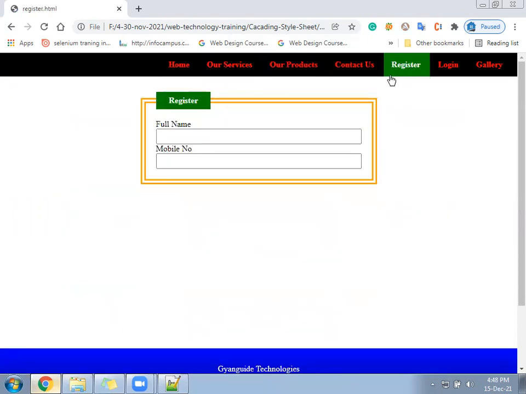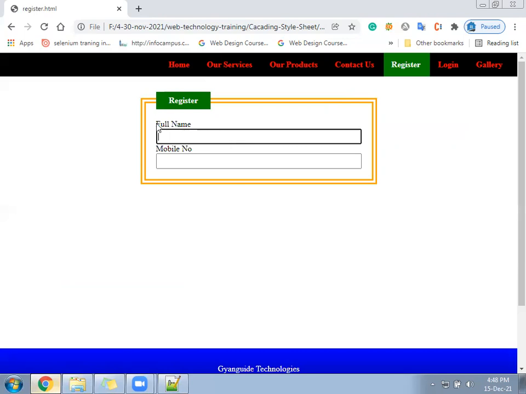Okay, so once you click on register, your register link will be active. Now between the first row and second row, there should be some gap.